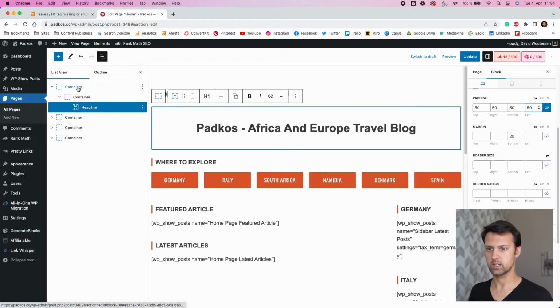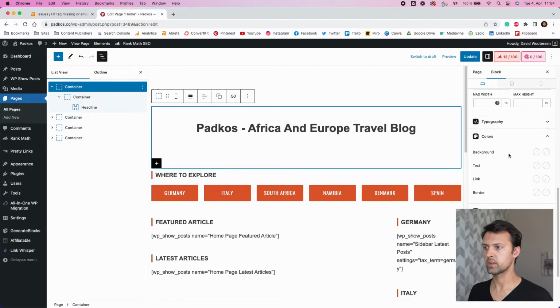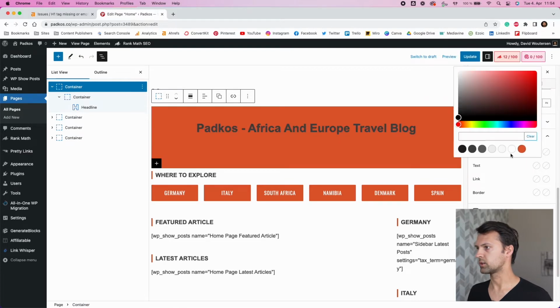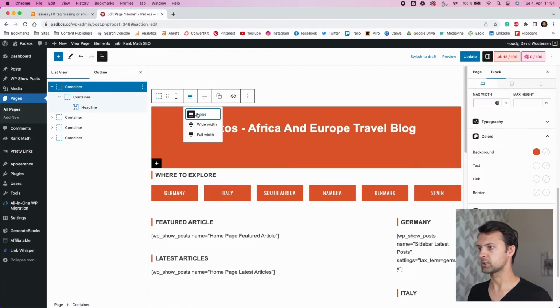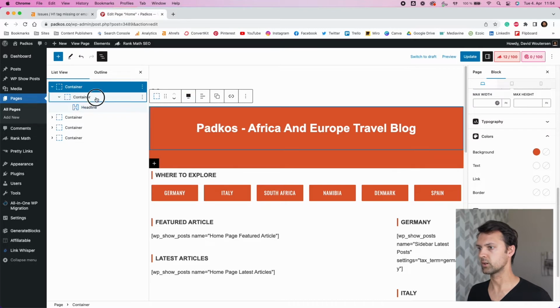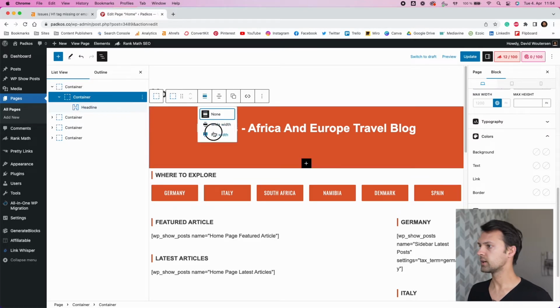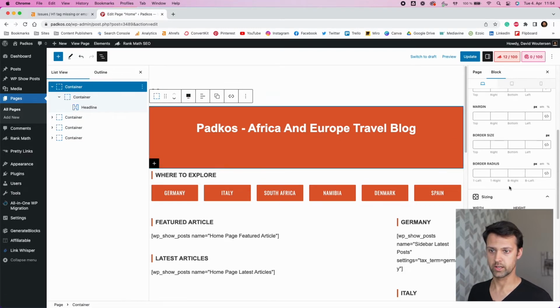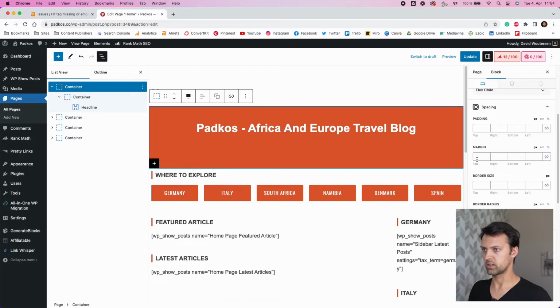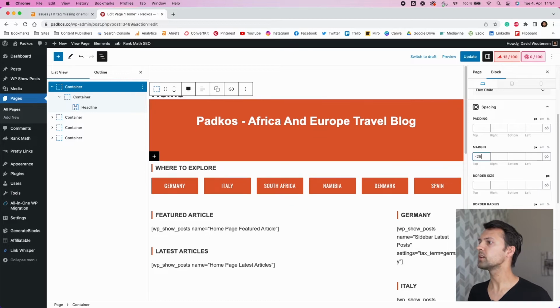We can go and add a background color. We can go and make the text white. And you can basically go and do as much styling as you would like here. Gonna go and full width all of this. And one last thing, what I want to do is go and put a -25 margin on the top. Hit the update button, and if we now go and look at that page,